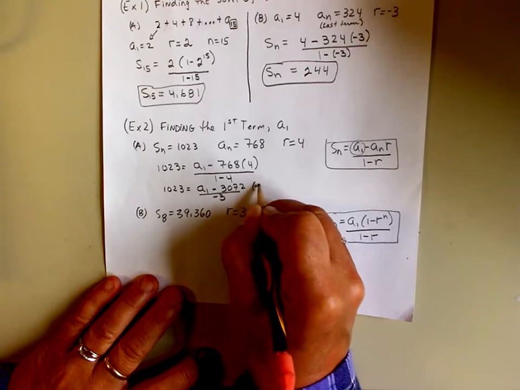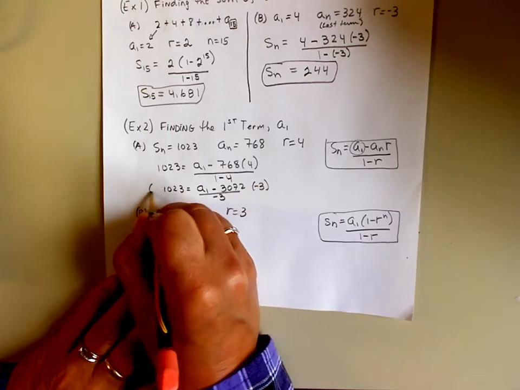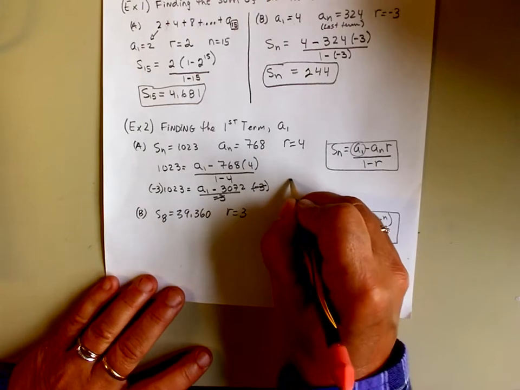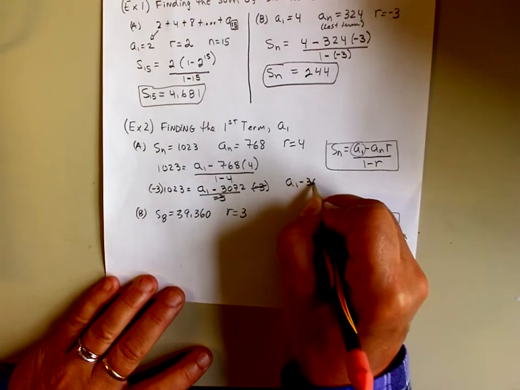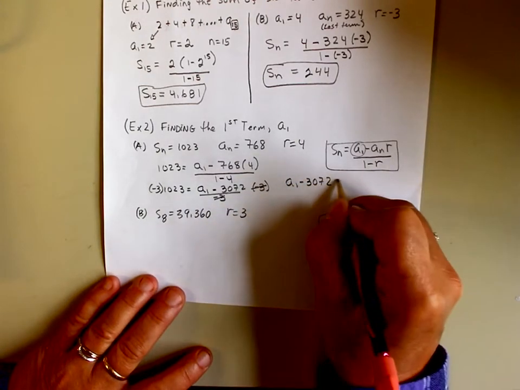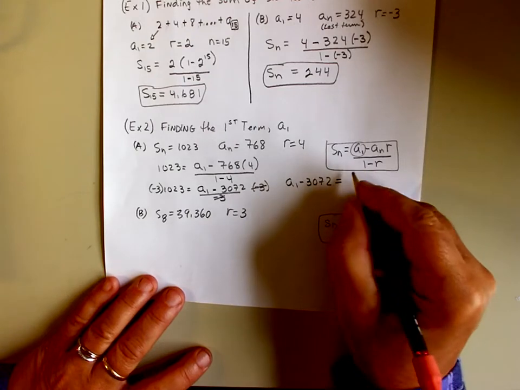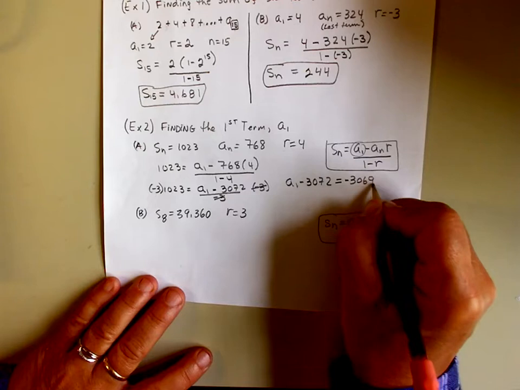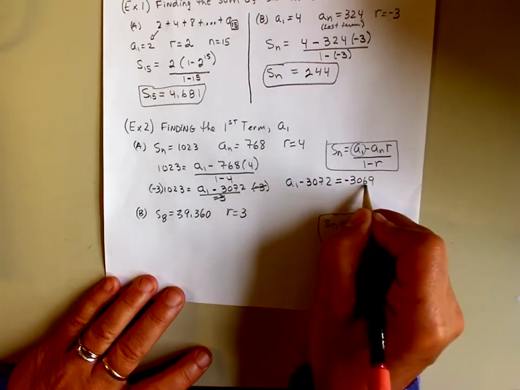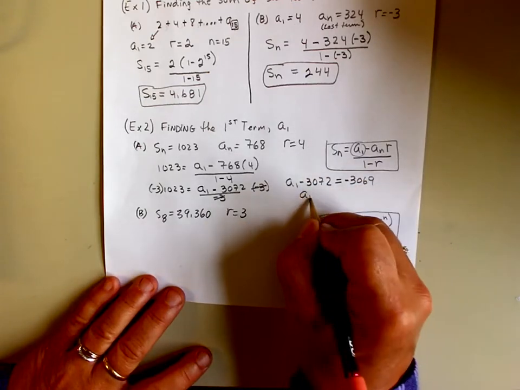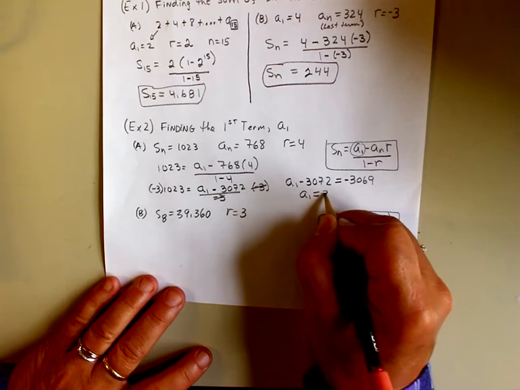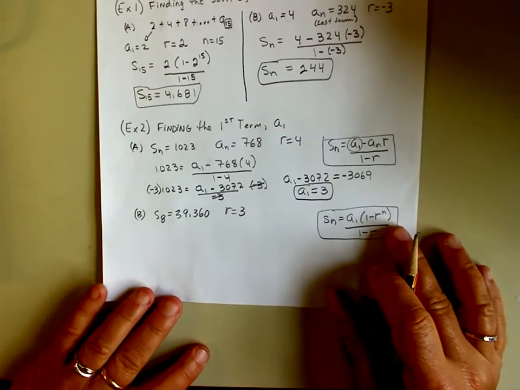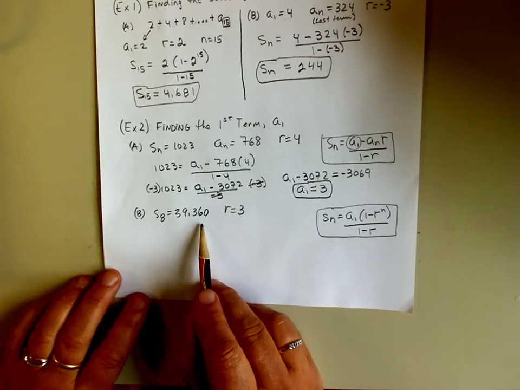I'll multiply both sides of the equation by negative 3 to eliminate my denominator, and A1 is fairly simple to solve from here. So that's negative 3,069, and if you add 3,072 to both sides of the equation, the first term is 3 in that particular series. Second type of example,